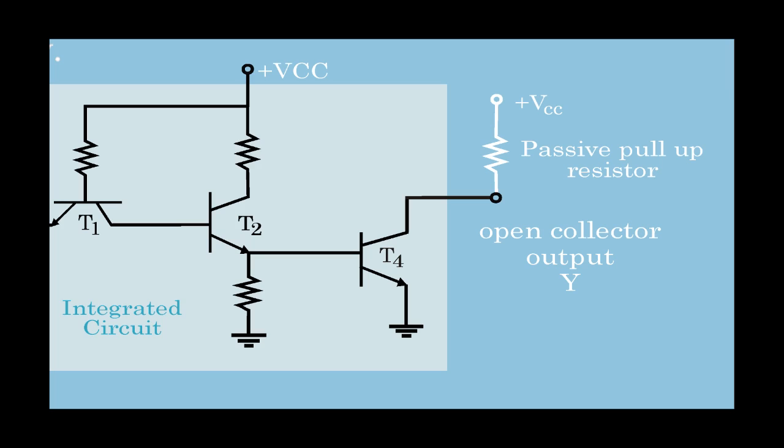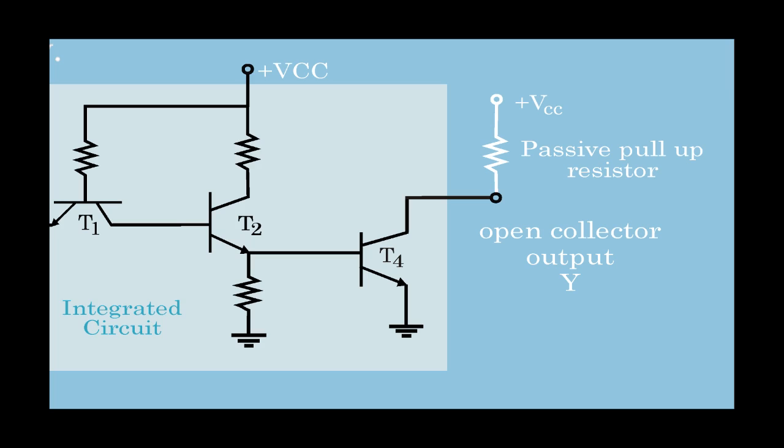Now let us see what is the meaning of connecting a common collector resistor externally. Now we can see here the passive pull-up is connected to the collector and the power supply plus VCC. This is only for one gate. Suppose we have another gate and its output is also connected as open collector output, and if the outputs of these two gates have to be connected to a common bus, then we do not have to bother about connecting another passive pull-up for another gate. So the same passive pull-up resistor will work for both the gates. So the resistor is common here.